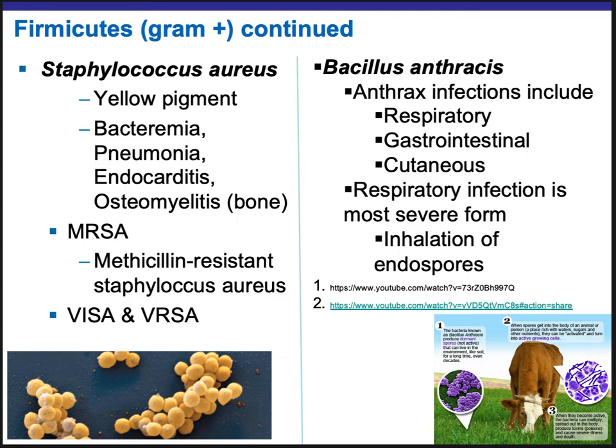So MRSA, remember, is methicillin resistant, and that's a whole class or category of antibiotics. VISA is vancomycin intermediate resistance, and then VRSA is complete resistance, so vancomycin resistant Staphylococcus aureus. And I know we taught you guys the correct way to write bacteria is to have it in italics, and you can abbreviate the genus name but not the species name, and then we have these abbreviations here, SA,